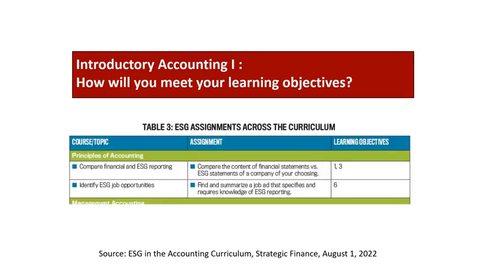A couple of assignments that I am going to add for spring 2023, so check back in 6 months, we'll see how it goes, are these. Students are going to compare financial and ESG reporting. As part of the introductory accounting curriculum, they need to learn GAAP, which is the rules for disclosing financial information. But can we compare that to